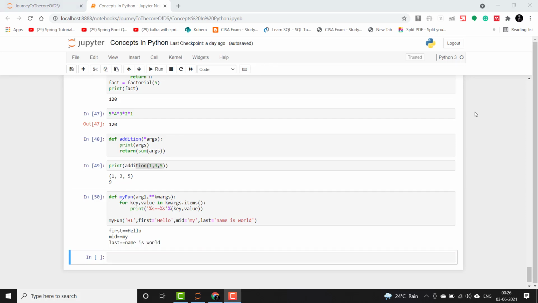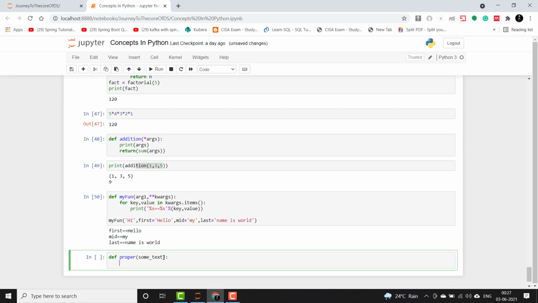Now let's see some combination of using functions along with list comprehensions and strings. Let's say that the task at hand is to capitalize the first letter of both the first name and surname, given that the surname and the first name are in small letters. So we'll format it, saying proper. You can give any text here, so we'll say some_text, and then we'll trim it first for some extra spaces.